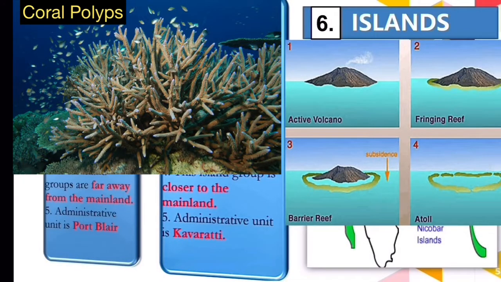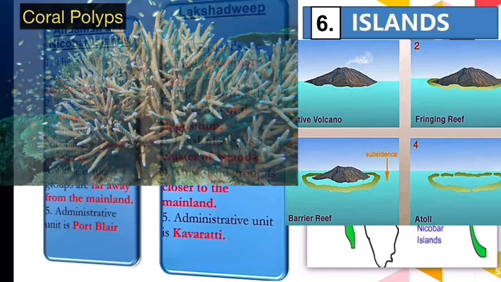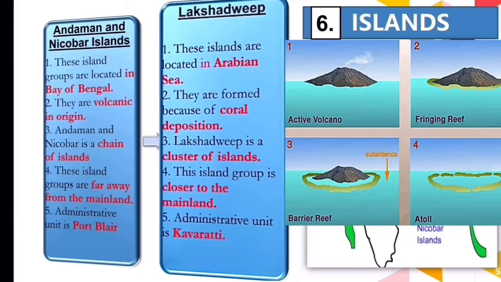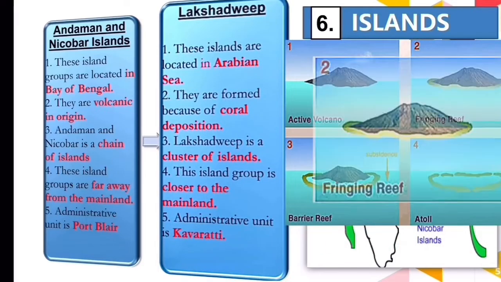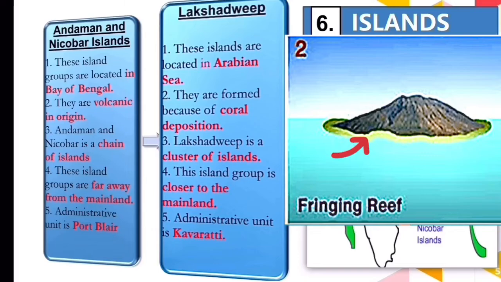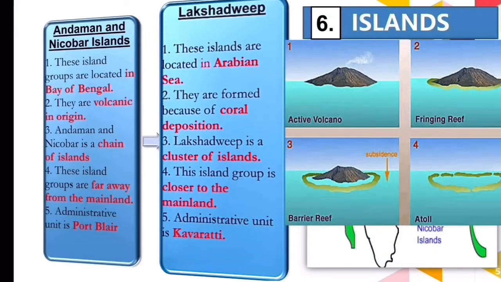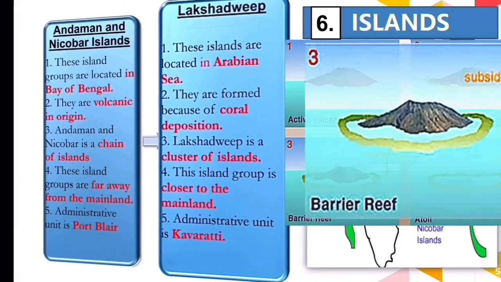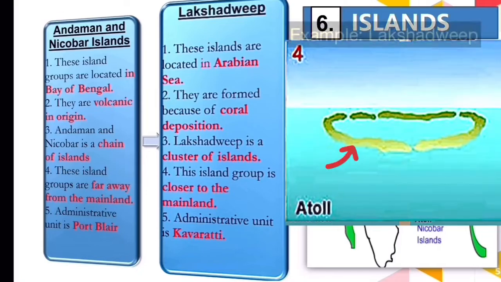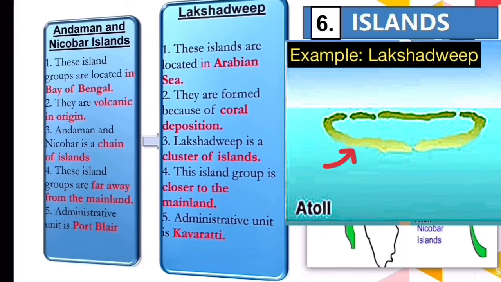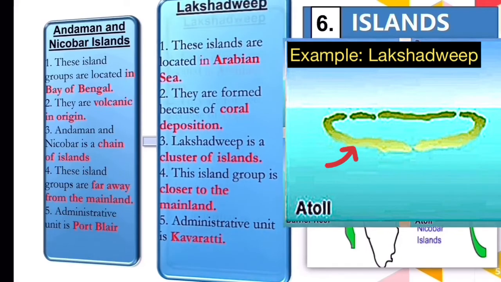These polyps form a kind of fringe along the upland in the water. As you can see in the given picture, these coral depositions around an upland in the water are known as a fringing reef. While when this mountain tends to subside in the water, the coral deposition around it resembles a barrier reef. On the other hand, the atoll reef refers to the coral deposition seen on the top of the water. So, an example of atoll reef can be Lakshadweep.